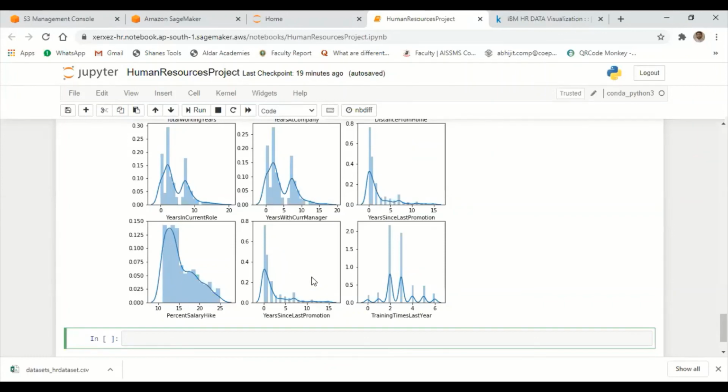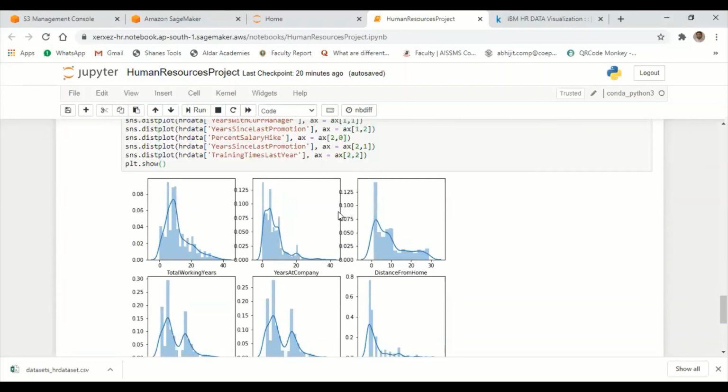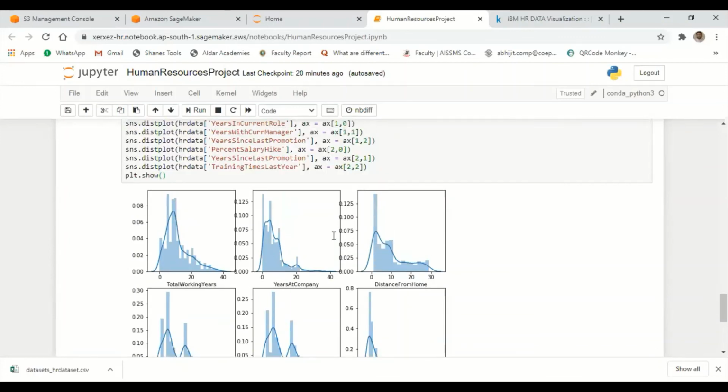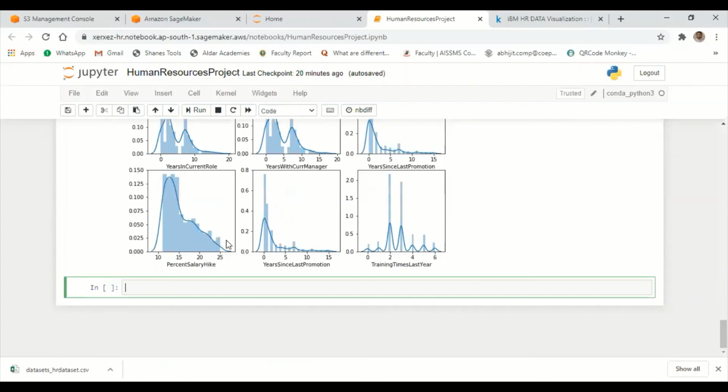This is the predictive data of the last promotion. Next, training time last year. When the candidate got training in the company, this indicates the candidate is getting training from the company every 6 months. First we have to predict how we have set the scales here, so based upon that it is very easy for us to analyze the data visualizations of HR analysis. Now next is